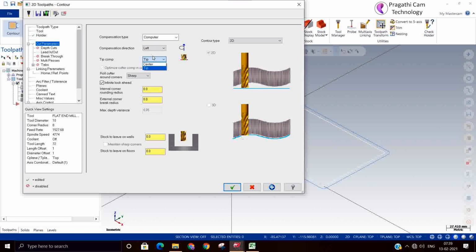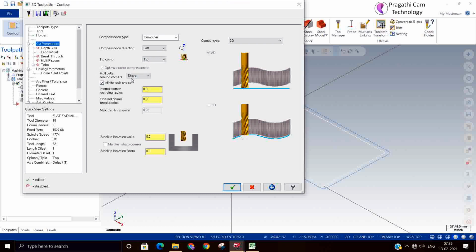Next is the tip compensation. The tip compensation should always be on the tip. Sometimes you make a mistake if you keep the center option in the ball end mill, so it is always advisable to keep the tip compensation.